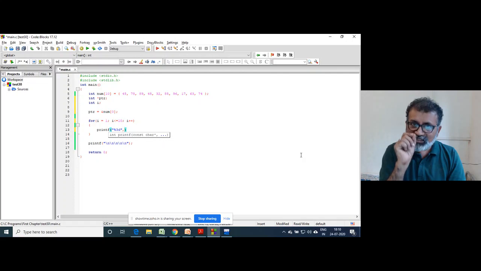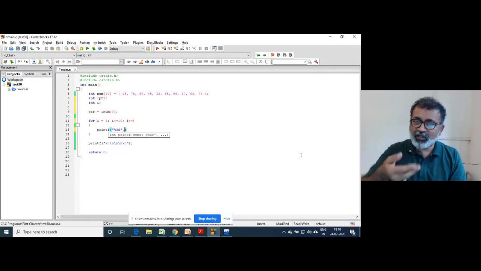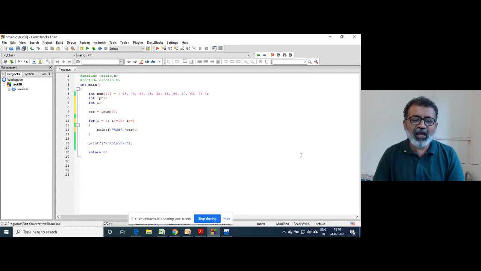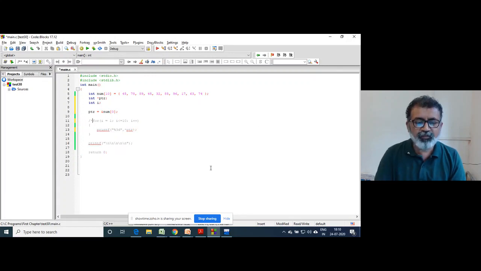If you attach the star dereferencing operator, ptr is referencing the first element. Dereference that, reverse that process. Attach the star to whom? ptr, right? So star ptr. I'll put this in a comment.